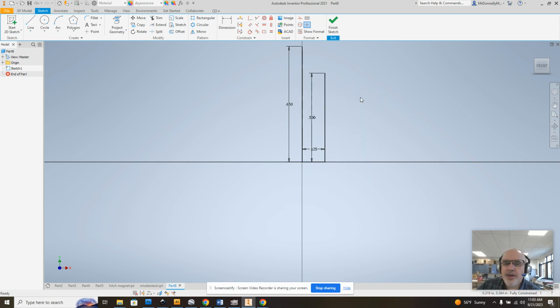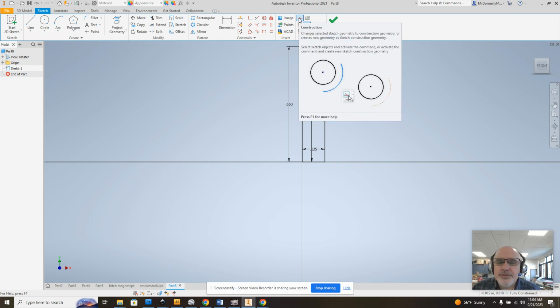Right click, choose OK. Now we need to do a little different line on here, what's called a construction line. You see that the next one over there, where the ledge starts on the peg, or where the lip on the peg starts, there's a diameter of 0.4. We need to make a construction line, effectively a fake line that tells us where the real line needs to go, start or end. To make a construction line, right under here, under Format, you see what looks like an